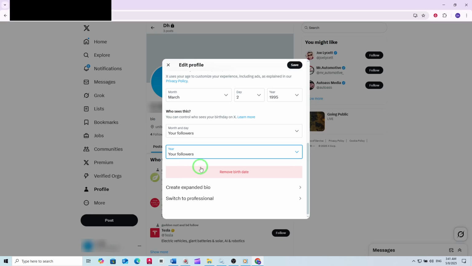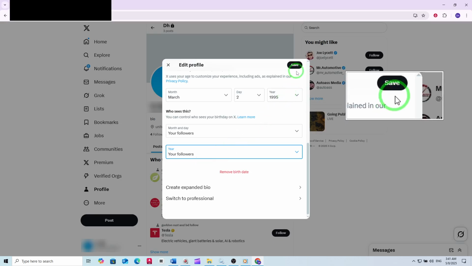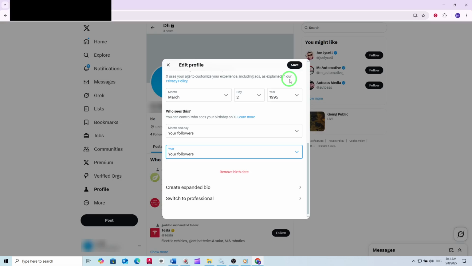Now, move on to the year section. Click on the year, and once again, select your followers. This ensures your birth year is also only visible to your followers, keeping your information shared just with those who follow your account. Once you've set both the month and day, as well as the year, to your followers, don't